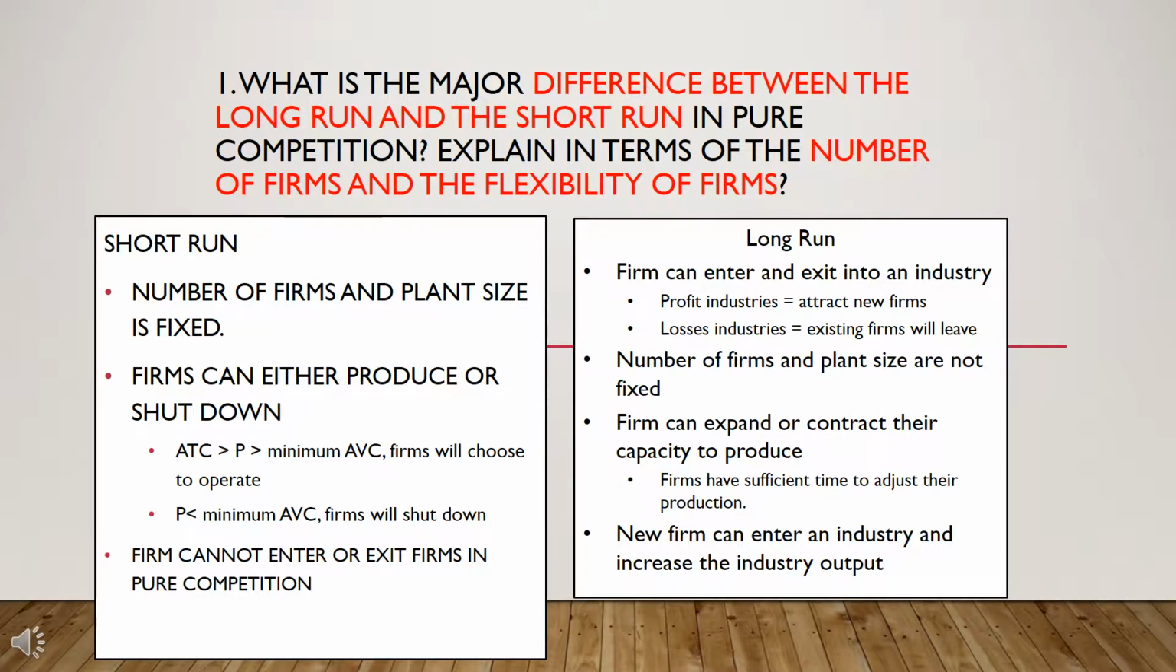If price is greater than average variable cost but less than the average total cost, the firm will choose to operate rather than shut down, because in those situations, revenues will always exceed variable costs. The amount by which revenues exceed variable costs can be used to pay down some of the firm's fixed costs. Thus, the firm loses less money by operating than it would if it shut down,